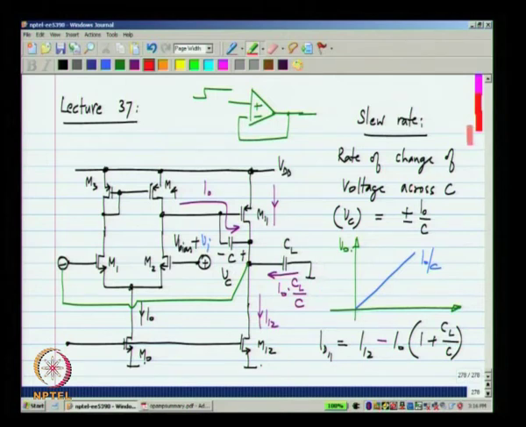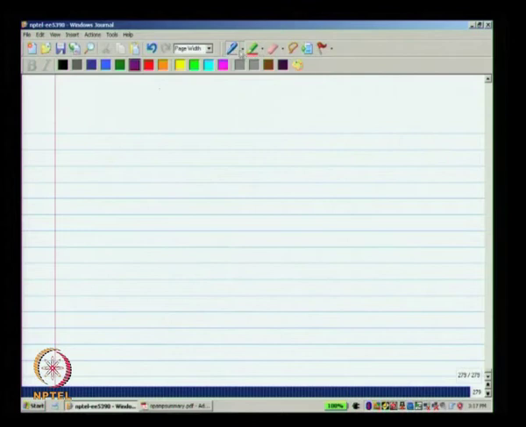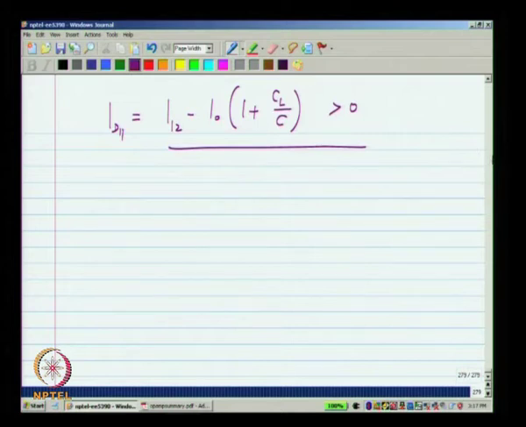Then the current in M1 will reduce. Now, the smallest that the current in M11 can be is 0. The current in M11 will reduce, and the smallest value of the current in M11 is 0. So, what does it mean? ID11, which is I12 minus I naught times 1 plus CL by C, must be greater than 0. Now, if this is the case, if I12 is greater than I naught times 1 plus CL by C,